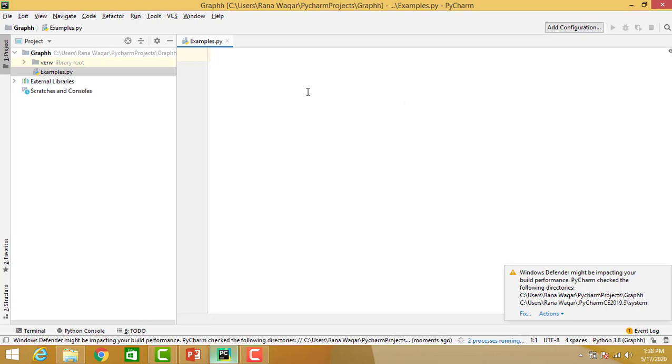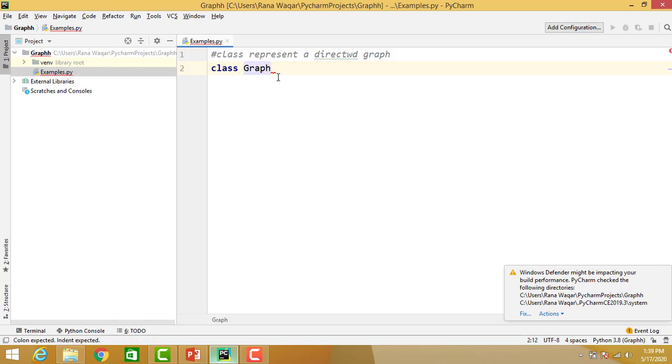First of all, we are creating a class Graph. The class represents a directed graph. class Graph colon. Then the constructor of the class is